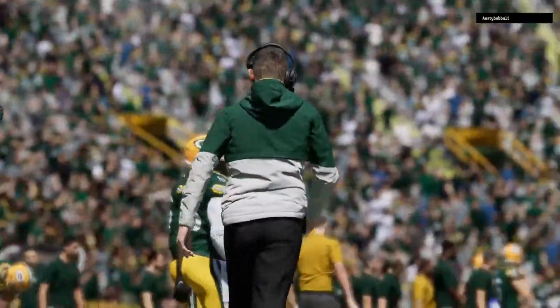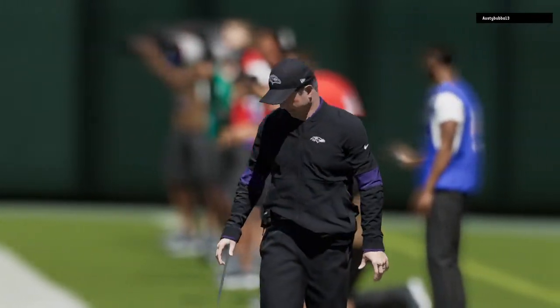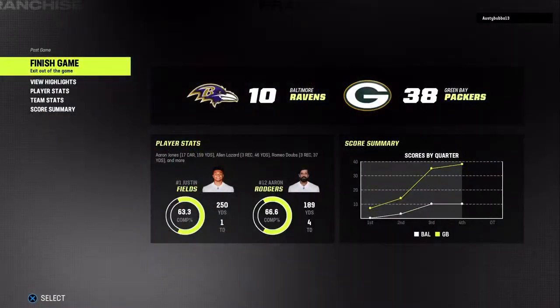This was a really nice display, Charles, of complimentary football, especially how much they were humming in the second half to pull away and get